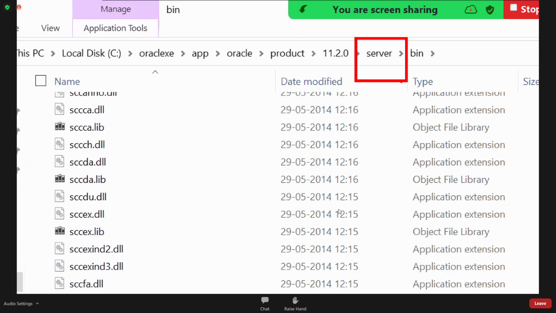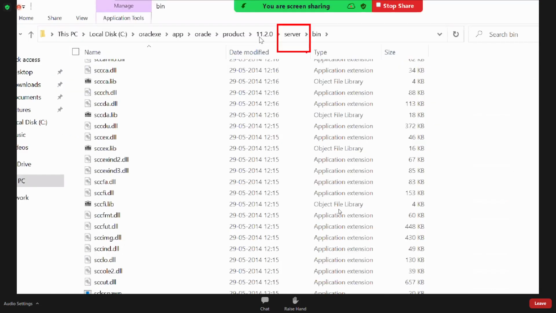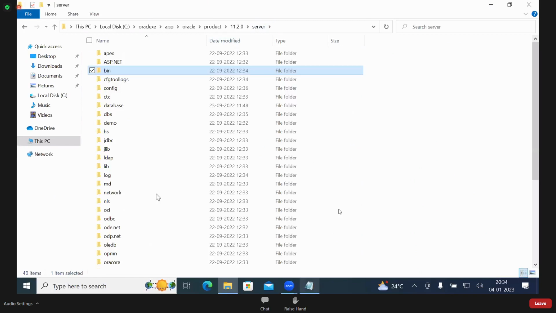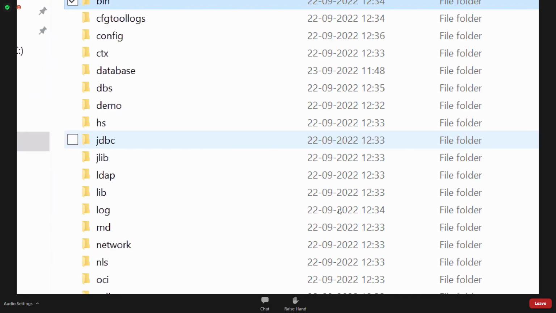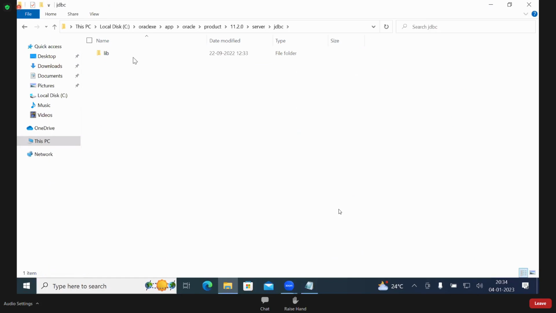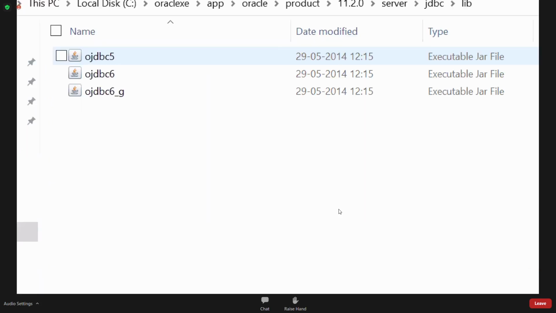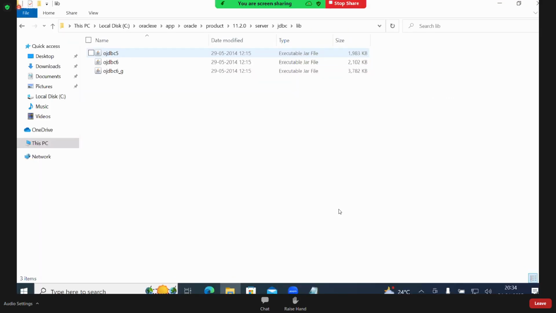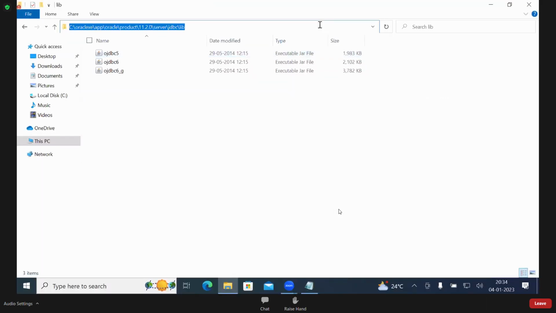For you, server appears. Just click on server. JDBC will definitely be there. In that JDBC, again lib. In that, the file definitely appears. Okay. So even if you don't know where that jar file is, you find it like this. To this location, we have to set the classpath.